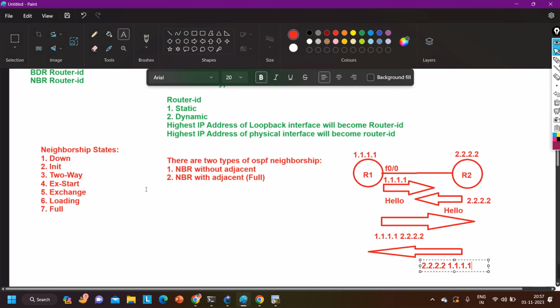One router will become DR, one router will become BDR, all other routers will become DR other. We will discuss DR and BDR state later. Fine. After that, the next state, after DR and BDR election, is the ExStart state. In ExStart state,